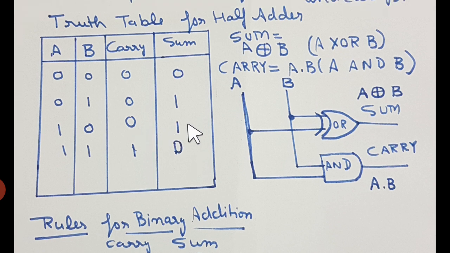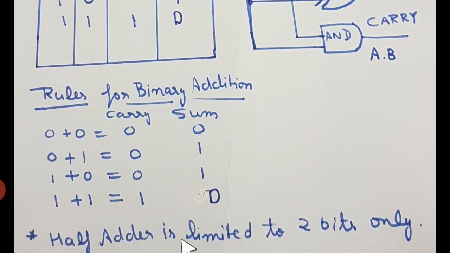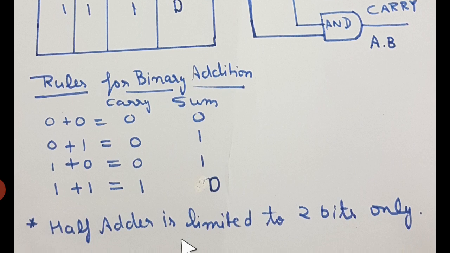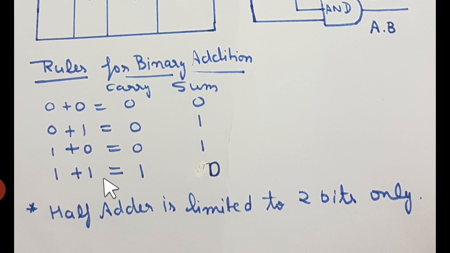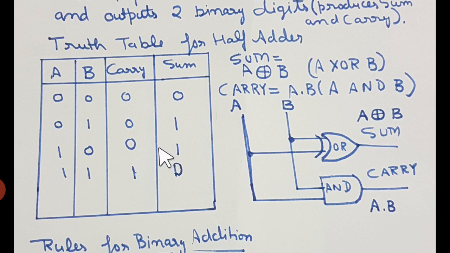After that, the last row has got 1 1. So here 1 plus 1 equals 1 0. Normally also, in decimal, if I add 1 plus 1, what do I get? I get 2, and the binary representation of 2 is 1 0. So students, here sum is 0 and the carry is 1, and half adder is limited to 2 bits only. Now we get back to the truth table. I hope everybody has a clear idea why I have taken 2 columns as the output columns, one for the carry and the other for sum.